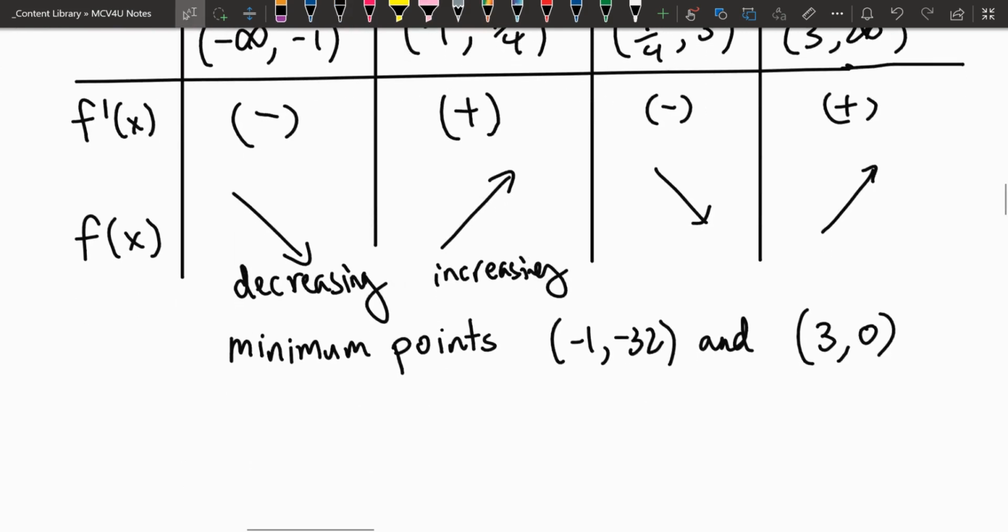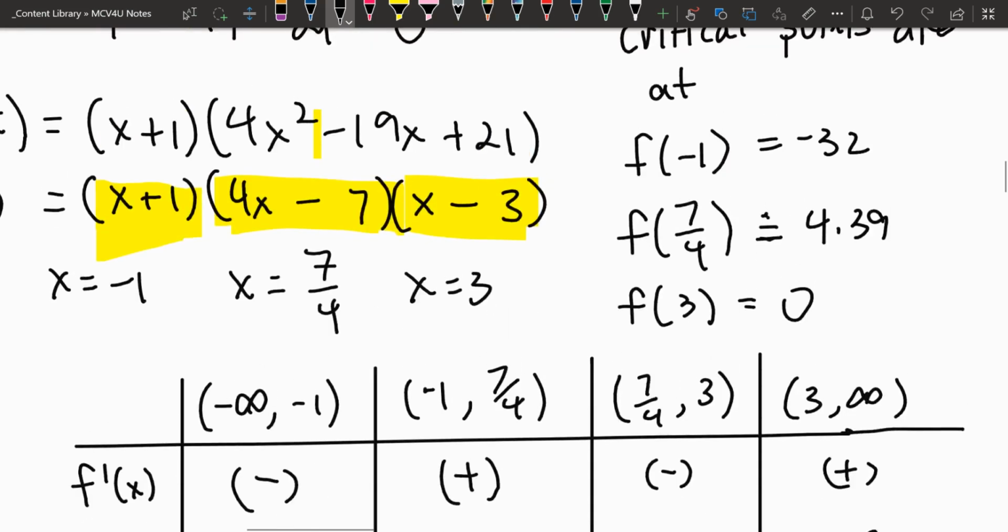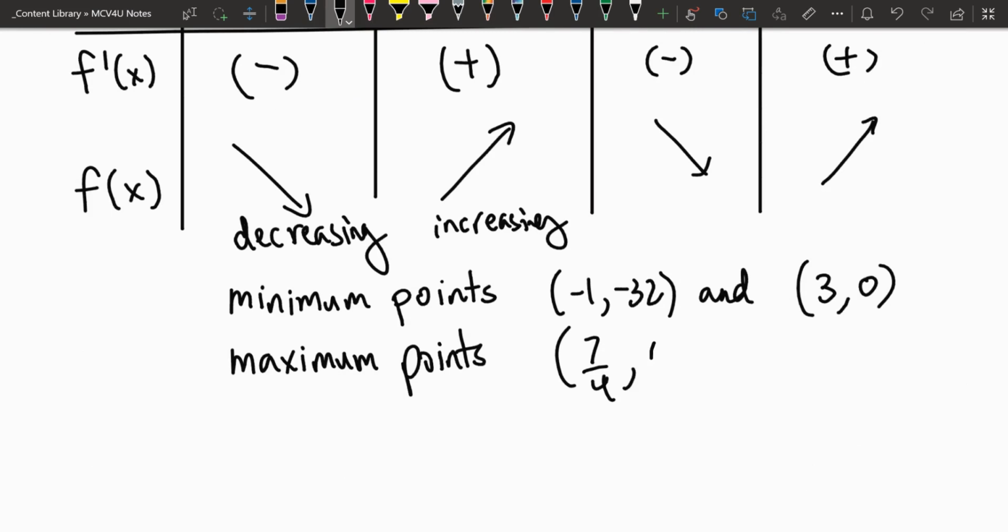Okay. And the maximum point is at 7/4, and we said the corresponding y value is about 4.39. Okay, so there you have it. Those are our local extremum,